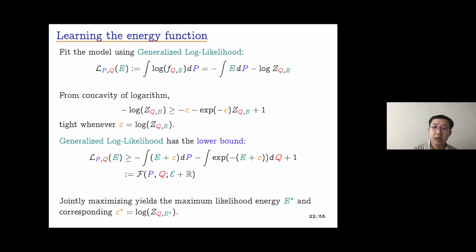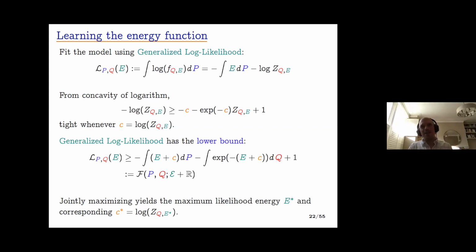Thank you. The next question is from Abhishek Panigrahi. The question is, does the generalized energy-based model suffer from the issue where the distributions P and Q are disjoint? Right. So we are, in any practical setting, always in the scenario where P and Q are disjoint. So this is where it's essential to define a notion of likelihood that operates in that setting.